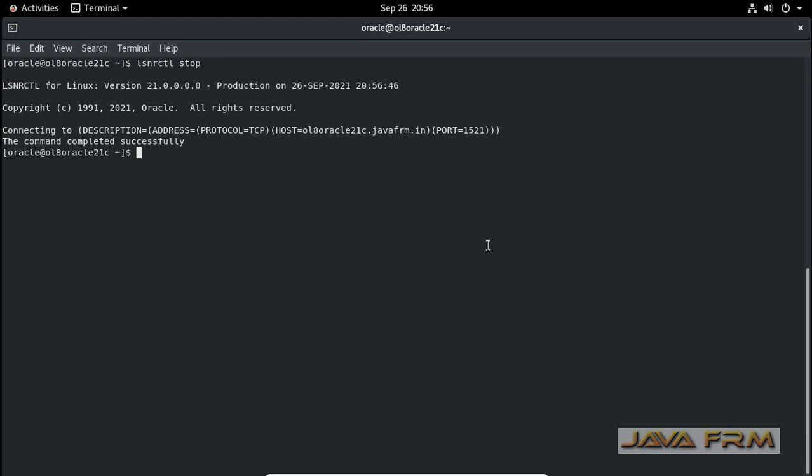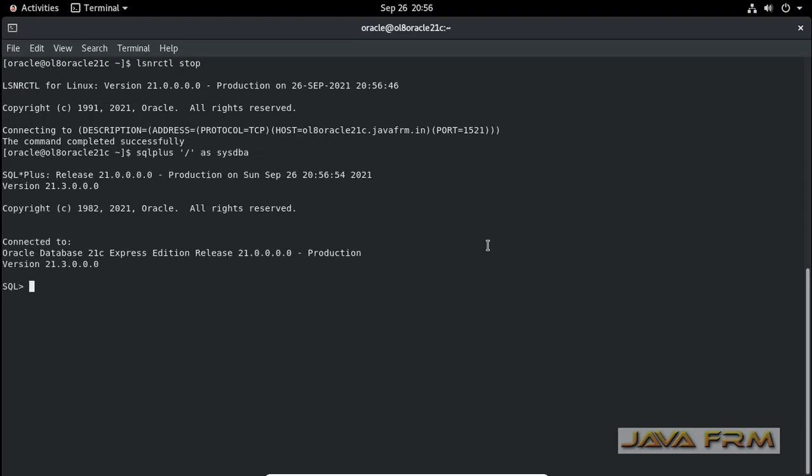First I am stopping the Oracle listener. This is the command used to stop the Oracle listener, lsnrctl stop. Next I am going to log into the SQL Plus tool. Shutdown immediate. That's it. The shutdown immediate command will stop all the database processes.